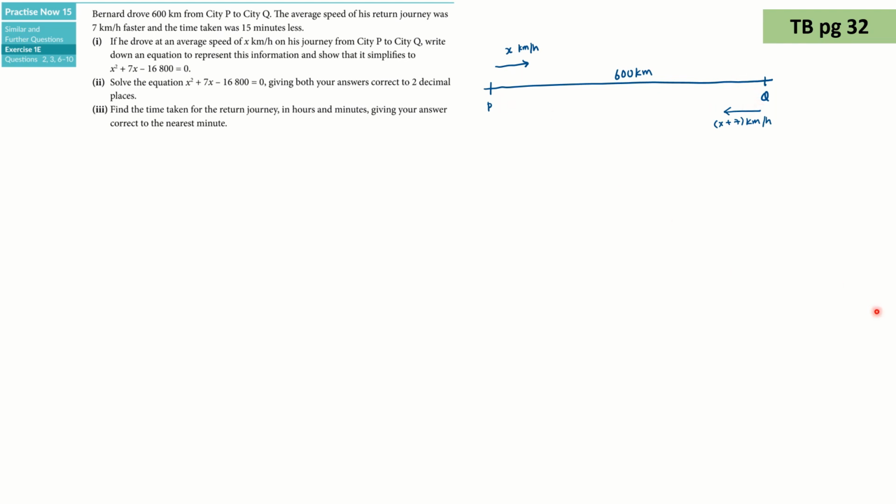So if you recall your DST triangle, which we learned in primary school, let me just grab a pen out to write it on the screen. Sorry, let me just erase that first. Okay, so if you recall your DST triangle,